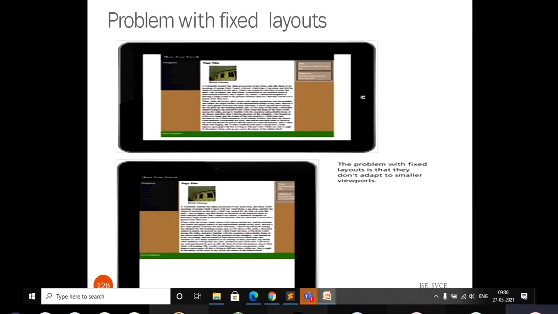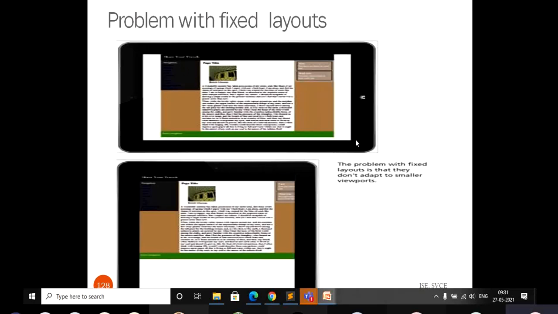If you have designed the page for a particular window size and you view it on a different or wider screen, there may be space left out between the margins, that is the right side, left side, and also the bottom. You can observe that all this happens with a fixed layout.